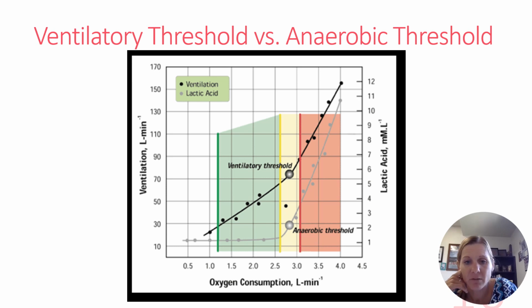Now, we've talked about lactate threshold, and I want to bring this all together to show us the difference between lactate threshold, ventilatory threshold, and what's known as the anaerobic threshold. Notice that they all occur within the same zone. Now, what is the difference? What's going on here? Again, all three represent the interaction between aerobic and anaerobic metabolism.